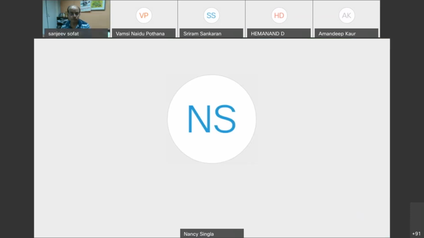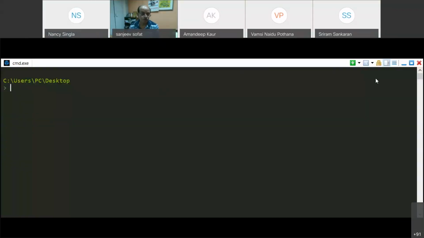Okay, is it visible? Yes, it is visible. This is actually the command prompt for the pen test box. If you have Kali Linux, the theHarvester tool is available there and you can directly install it. But if you don't have Kali Linux, I'll share the link for a pen test box that you can download, and this is the command prompt for that box. If I type list, it contains many tools, so you can explore other tools as well.